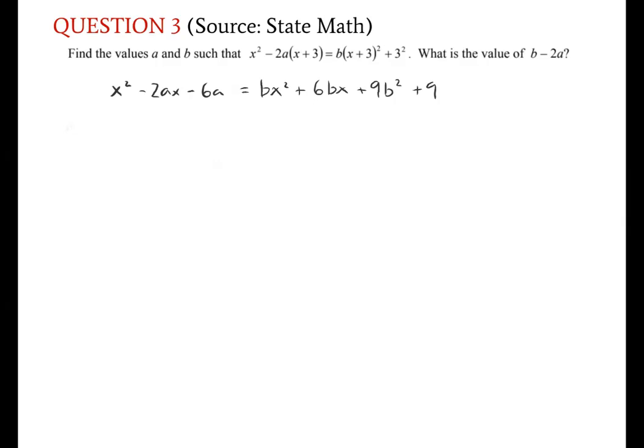So we know that, here's the thing, okay? These two have to be equal, and these two have to be equal since they both have the x. And then that means that these two have to be equal. So if we know that x squared is equal to bx squared, then that means that b is just equal to 1. And now that we know that, we can do 2AX